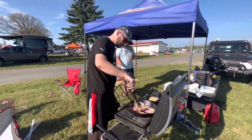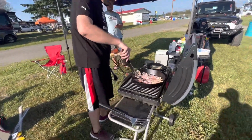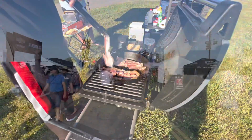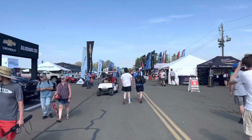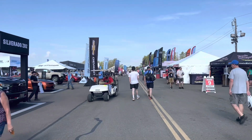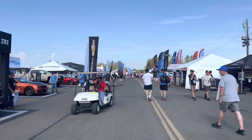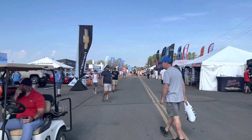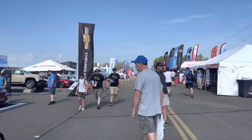Grill Master Corey back at it. Some breakfast this time. A few more people here, a little bit more action than last night as I was walking through. Much busier. Got about a half an hour until we can go down on pit road and do the grid